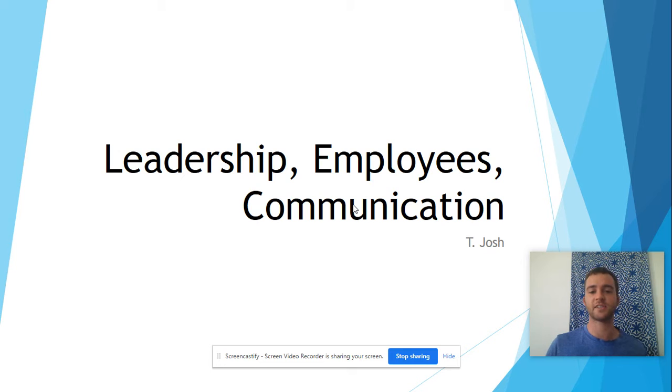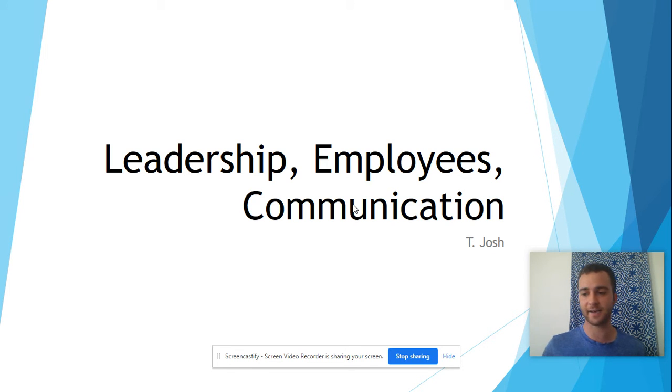And then Teacher Sam and Teacher Natalia, right? They're leaders over all the teachers. And communication. So this class is about leadership to employee communication. How do leaders talk to their employees in order to help them, in order to make sure they're doing their job correctly, in order to make sure that they are helping the guests and doing the best job they can? So that's what this class is about.